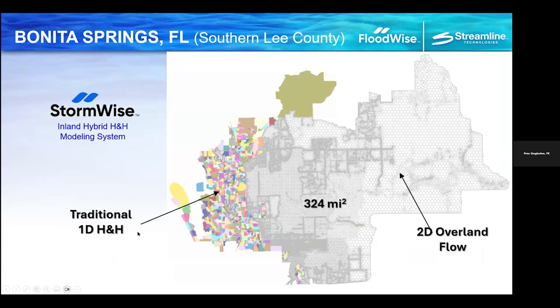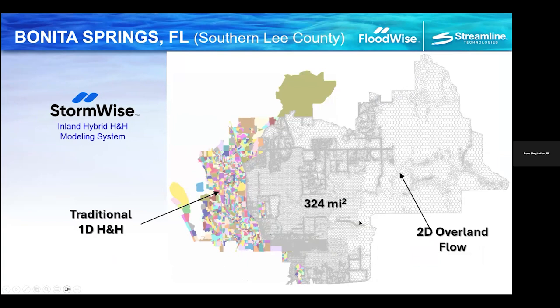So here's an example of where we have a coastal transition zone. This is in southern Lee County and portions of Collier County. In particular, what we were looking at here is the city of Bonita Springs, which is down here. This has a large headwater wetland system. It's called the Corkscrew Swamp in this area, and the flow patterns can change depending on the distribution of rainfall